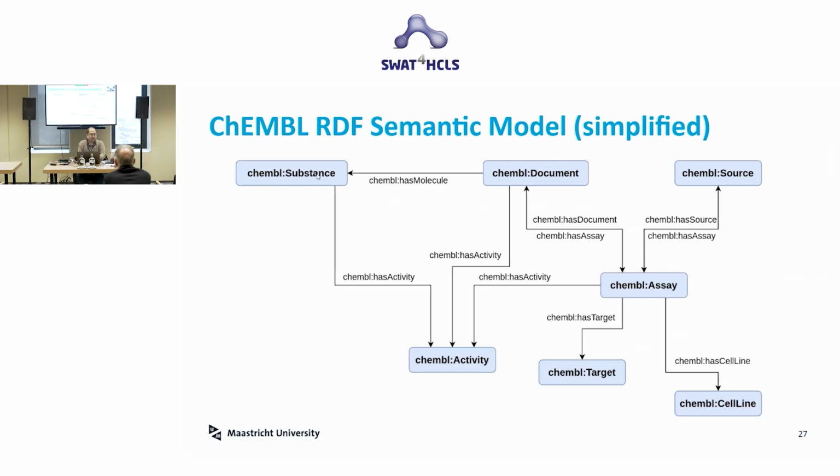You have a substance. The substance could be a protein, could be a chemical compound, a small molecule, or whatever. And you have a target. So you want to test something against something, right? It could be testing a molecule or chemical against the protein or against the cell line, as we have here. So the assay is linked to a target, it's linked to a substance, it's linked to a cell line, and there